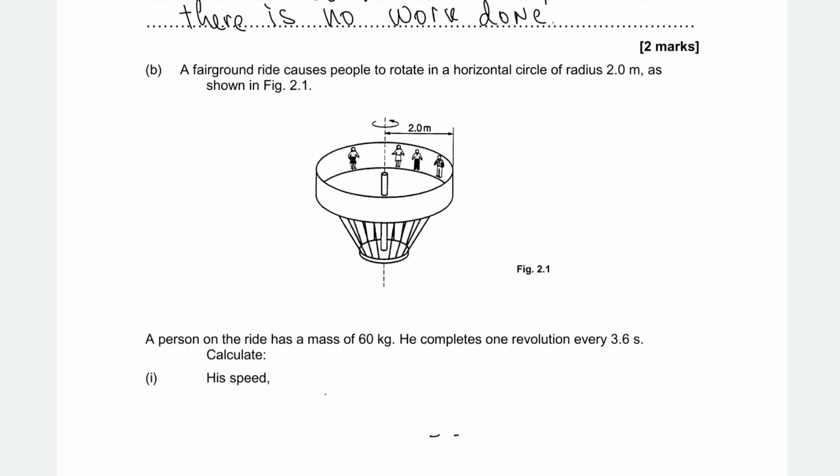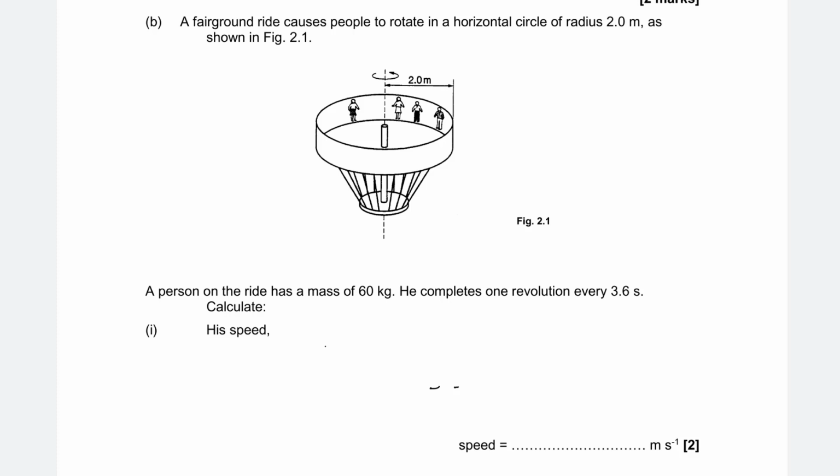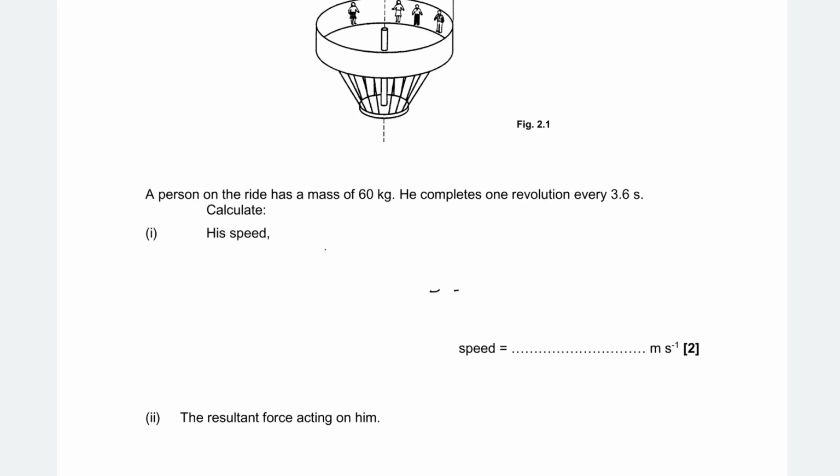Okay, for the next one we have this fairground ride which causes people to rotate in a horizontal circle of radius 2 meters as shown in the figure. We have a person of mass 60 kg, completes one revolution every 3.6 seconds. Calculate his speed. Okay, well, if we know the time period, because one revolution every 3.6 seconds, that's actually a